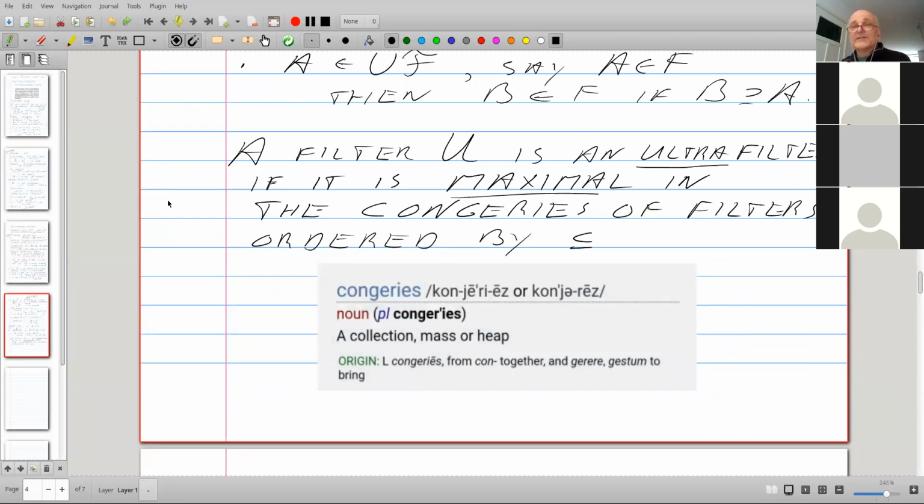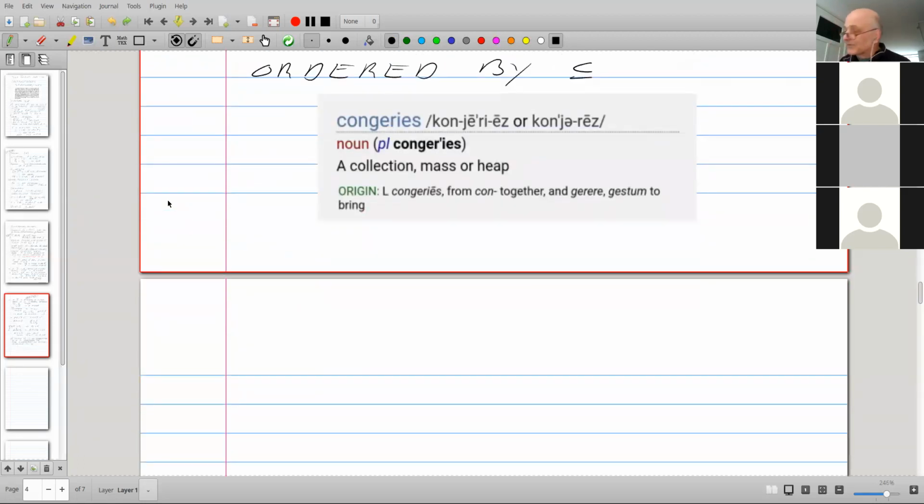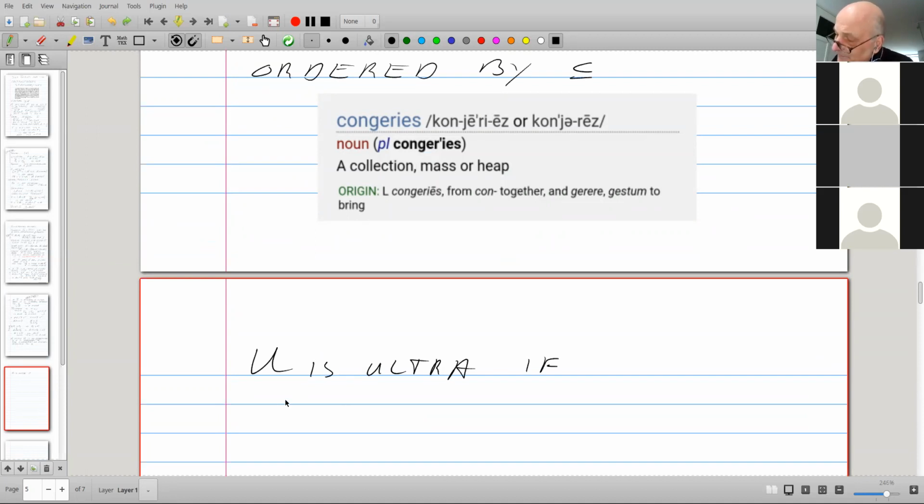But the point is, filters are ordered partially, and we know what maximal and minimal elements are. So a filter is an ultrafilter if it's maximal, and I'm just writing down what the definition of maximal is.